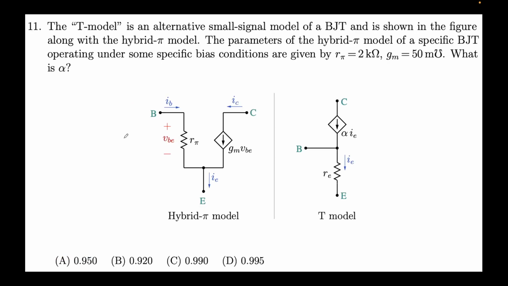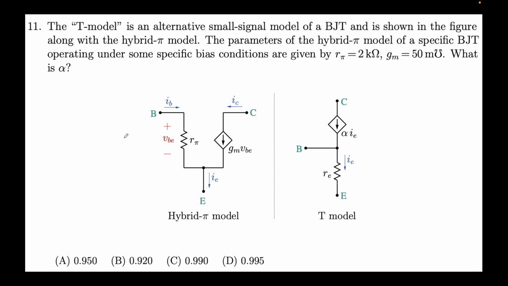Yeah, so that completes our first set of problems. So 10 problems were required, and that was a very comprehensive coverage of the DC as well as the AC analysis of BJT. First we find the quiescent point, then we find when does it go into the active mode, when does it go into the saturation mode, when does it go into the cutoff, and then we also saw the small signal